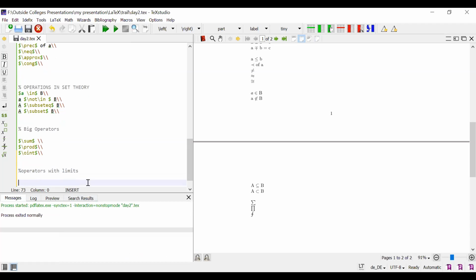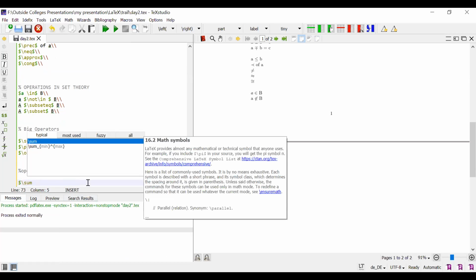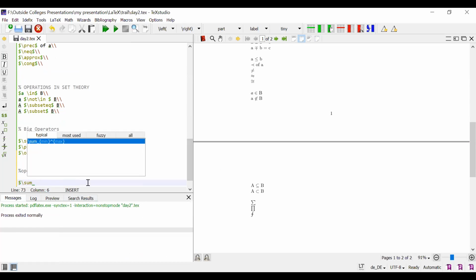So I write \sum, subscript i equal to 1, next superscript of \infty.